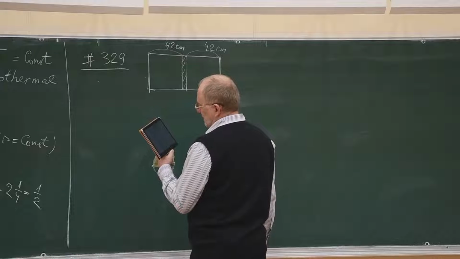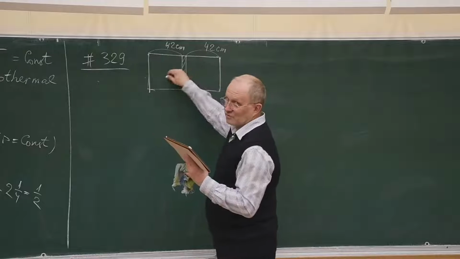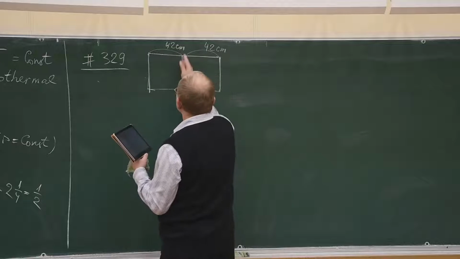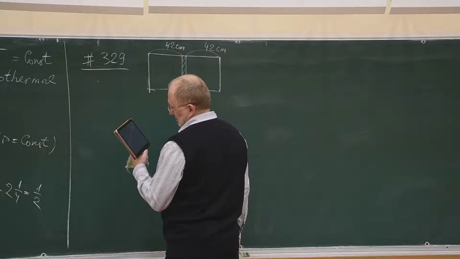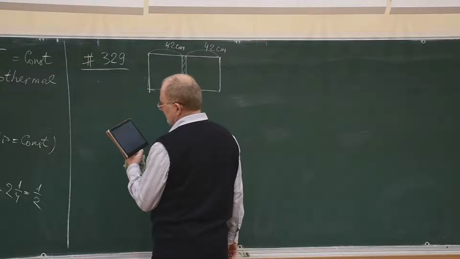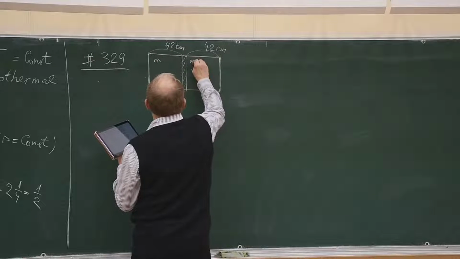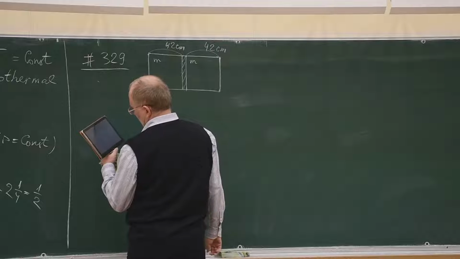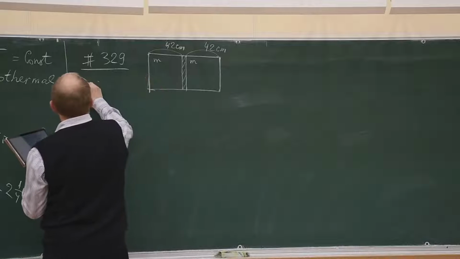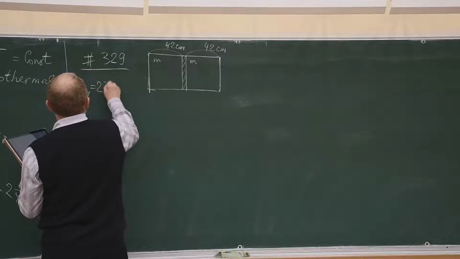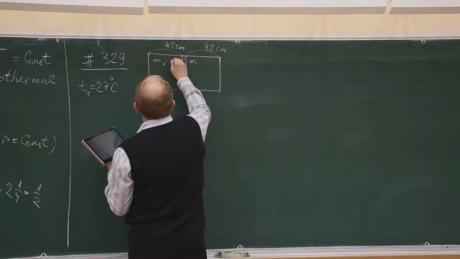And the piston is impermeable to heat, so heat transfer is impossible through the piston. It's a heat insulating piston. Both parts contain the same mass of gas, so the same mass here and here, at a temperature of 27 degrees Celsius. So the temperature is the same,